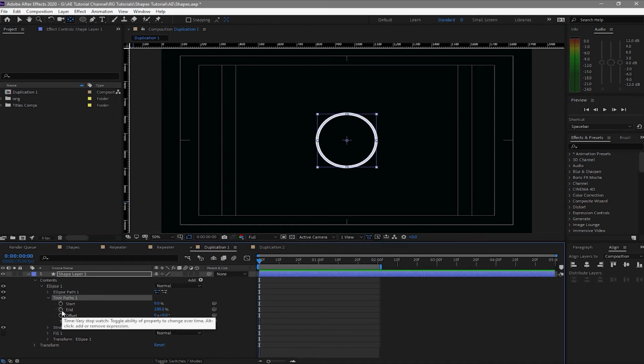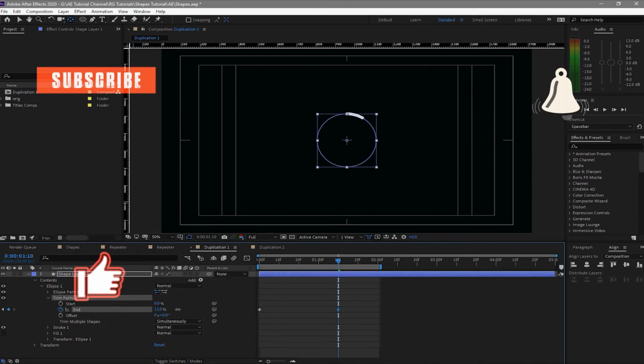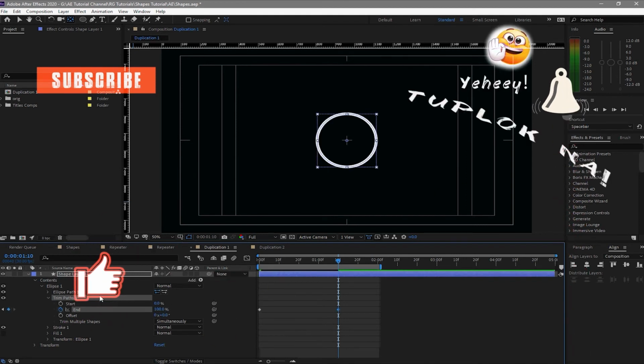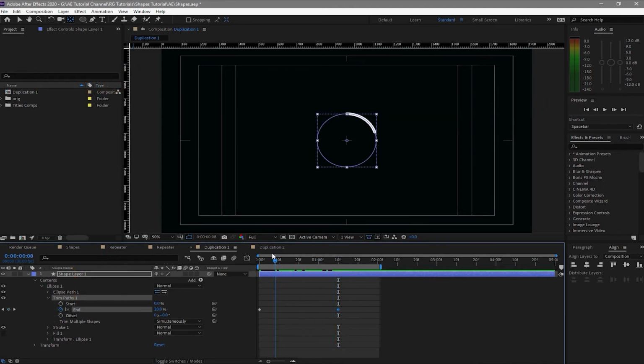And as you can see, you can create a keyframe in here by clicking this stopwatch and then just make it 0 and then move forward to about 1 and 10 seconds, I guess, and then make this one 100% and then go back to about again 10 frames maybe,